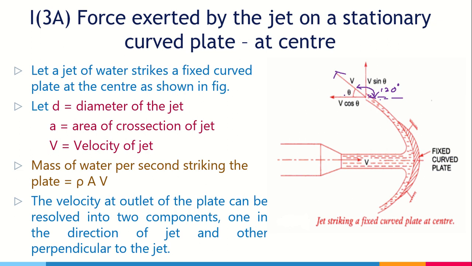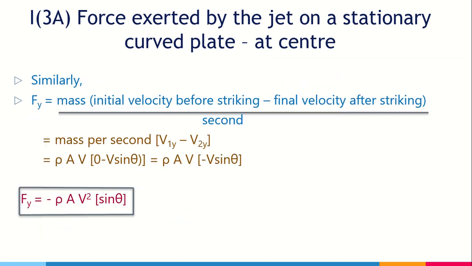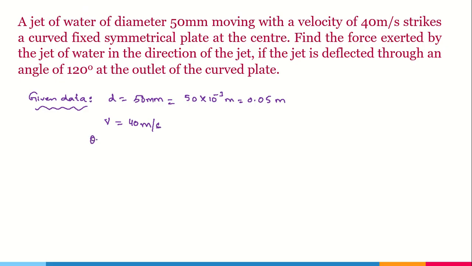In order to get theta, what do you have to do? We know that on a straight line the total angle is 180 degrees. So this is theta, and this deflection angle is given as 120 degrees. So theta is equal to 180 minus 120 degrees, which is equal to 60 degrees. Most of the students do this wrong. They put theta directly as 120 degrees. No, the angle of deflection is different from the angle between the jet and the plate. So remove the angle of deflection from 180 degrees, you will get the theta value. So theta is 60 degrees now.